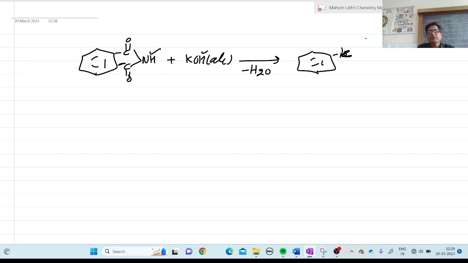It gives the compound with N K. Potassium is metal containing positive charge and nitrogen non-metal containing negative charge. Reacted with primary alkyl halide RX, potassium and halogen form KX, and our product is like this: